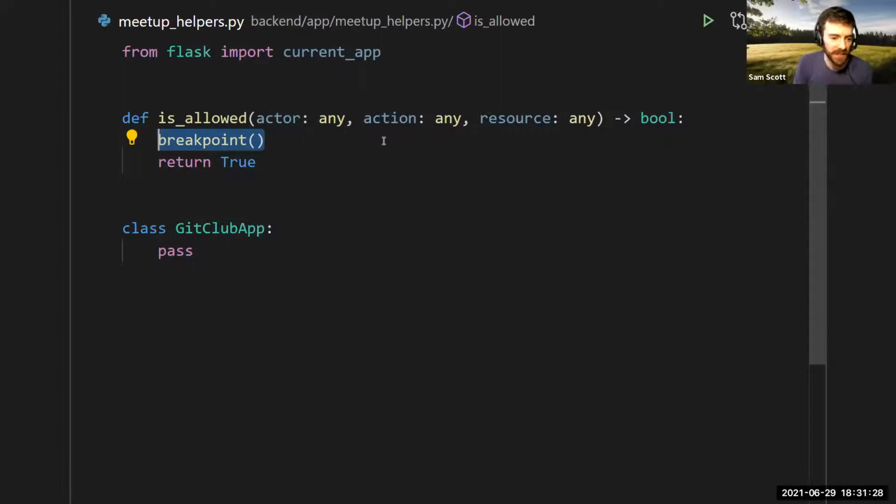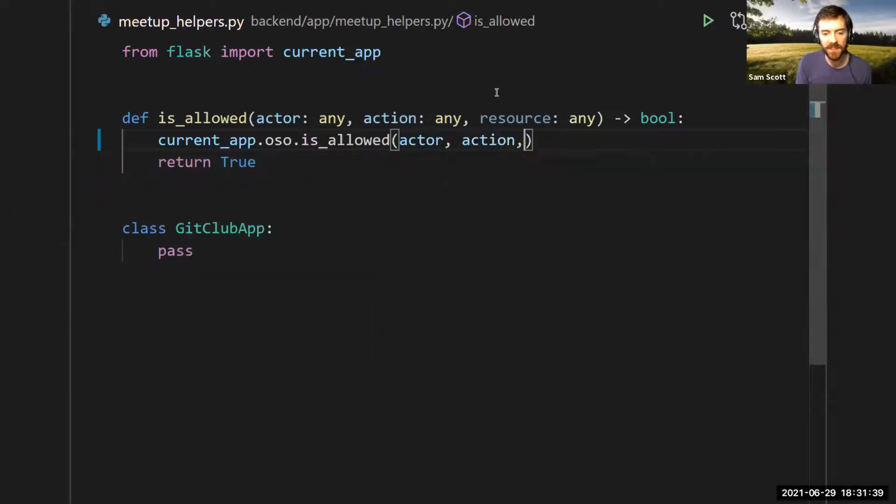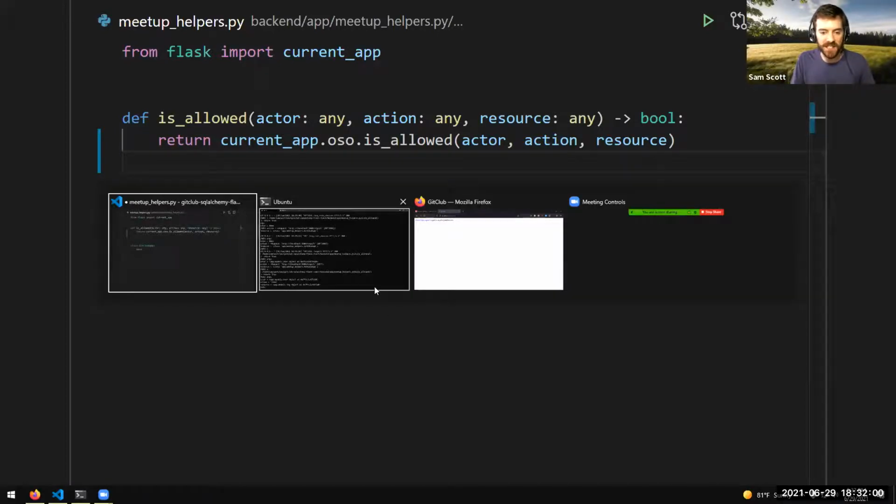So in the case of Oso, we provide an API which is exactly this, which I can even fill in here. On an Oso instance, you can call isAllowed. So if we wanted to actually do some enforcement here, not just return true every time, we could call Oso isAllowed. All right, so this is piece one, enforcement. It's the code that goes in your application. It's going to be that gatekeeper, the one that enforces what happens here. Should I allow this thing, or should I raise an exception because it's not allowed?